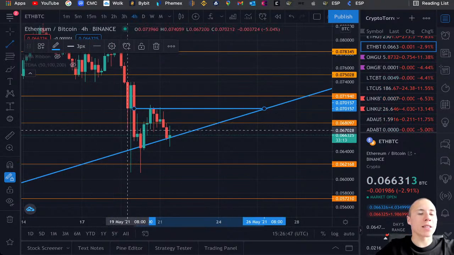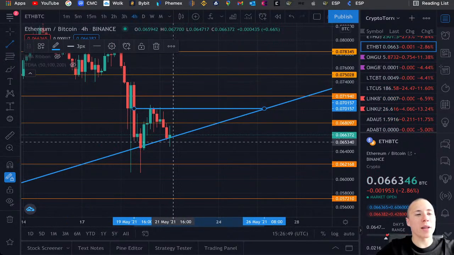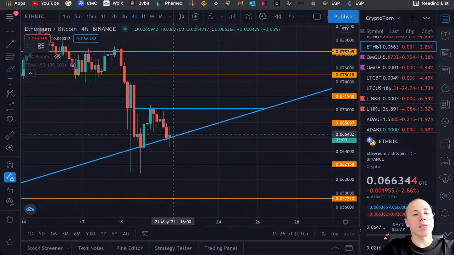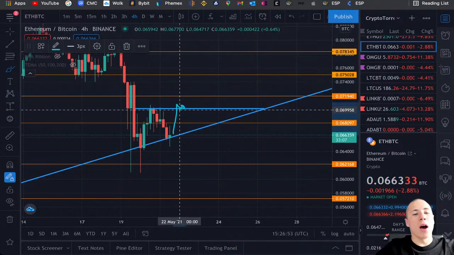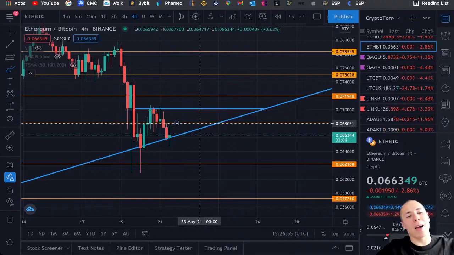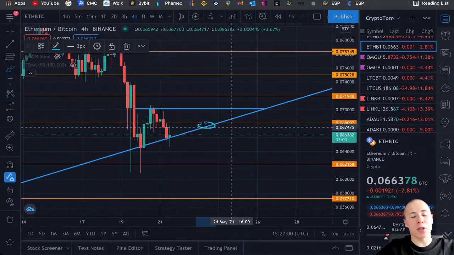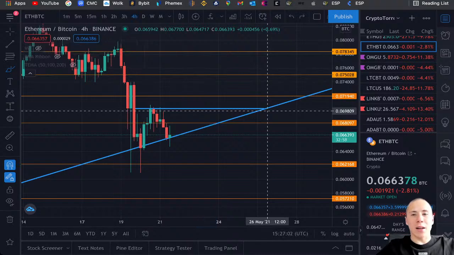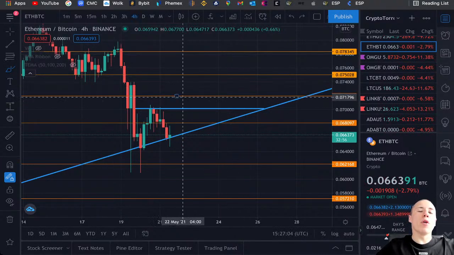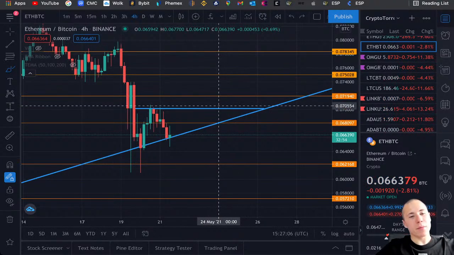And what you're seeing is that we still have to wait for a second confirmation, a retest of this horizontal resistance. But once we have that retest and we find once again support on top of this upward sloping support line, we will break above this